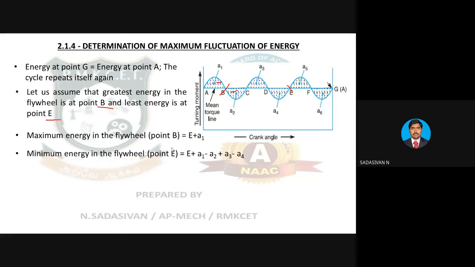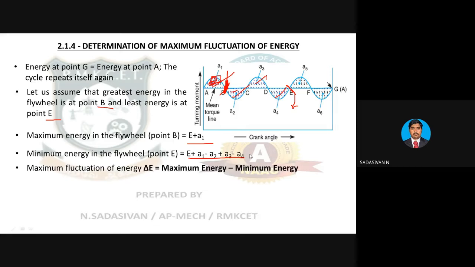So maximum energy is E plus A1, at point B. Let us say at this point the energy is maximum. Don't just theoretically understand that it is on this line, how it can be maximum. It is E plus this entire energy, A1. The numerical answer is maximum. That we will understand only when we do the problem. Similarly, the minimum energy point, at point A, I get the minimum answer. That is taken here as minimum energy.